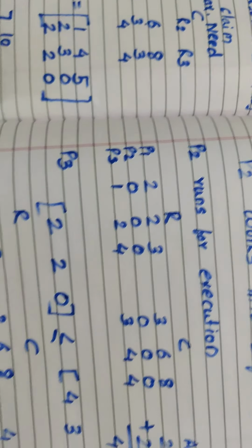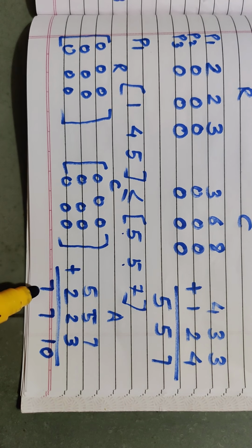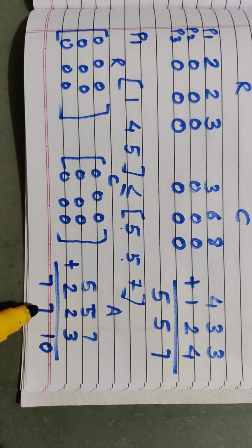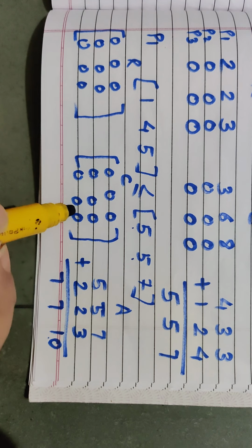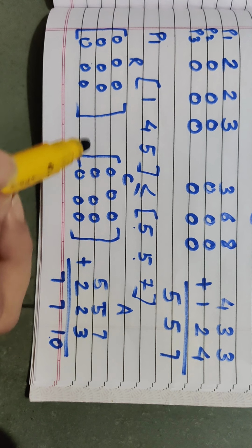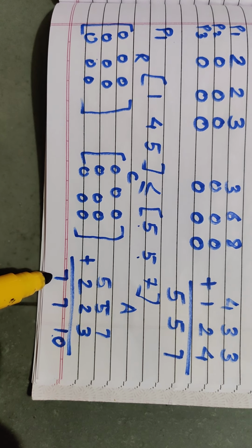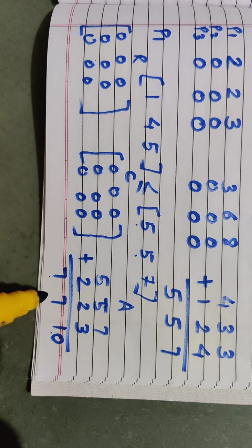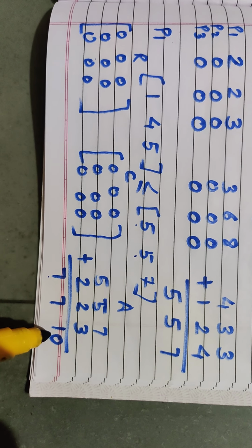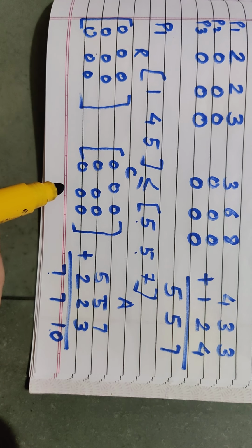So that means P1 also works in a safe state, and the algorithm, or the example which is solved, is right, because after executing all the processes, if the allocation matrix becomes 0, the total number of existing instances should match the initial one. So here P1 works in a safe state. So this is how the banker's algorithm works. Thank you.